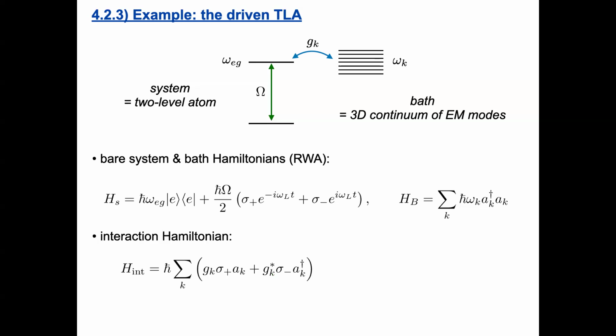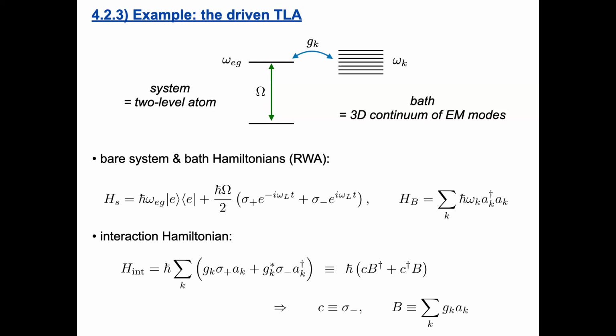And the interaction Hamiltonian is also something that we had before. I don't write this out explicitly, but you go back to Wigner-Weisskopf theory. These are the square root of h bar omega over mode volume, and polarization vector and all these things. So this is the same Hamiltonian as for the Wigner-Weisskopf theory. And you see we can write it in this form. And then we can identify the system operator, here would be sigma minus. And the B operator would be just a sum over g_k a_k.